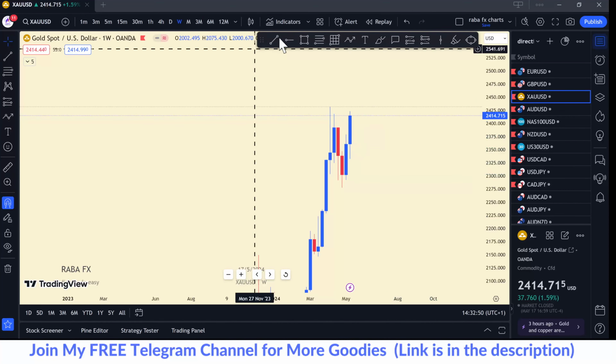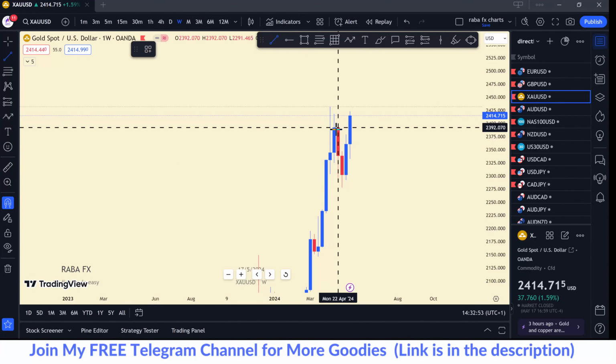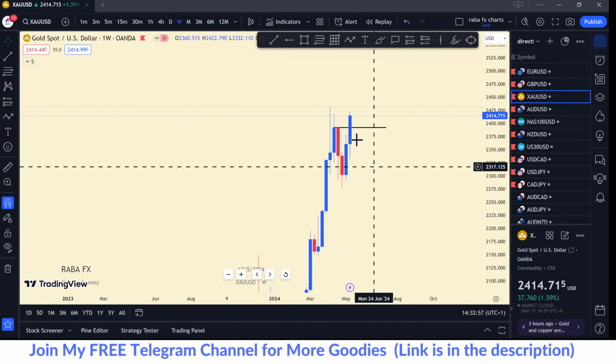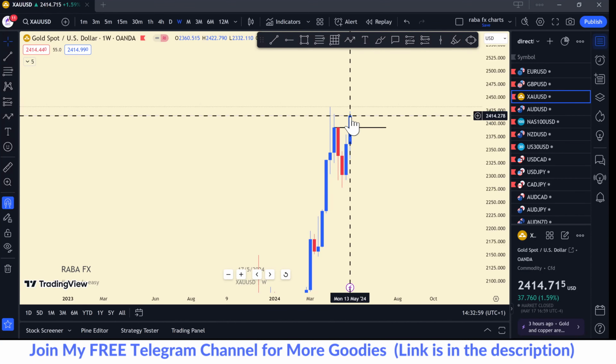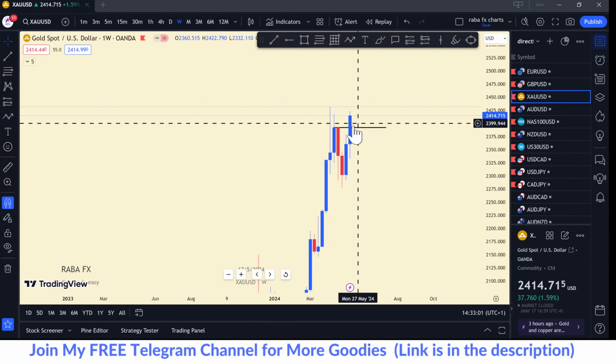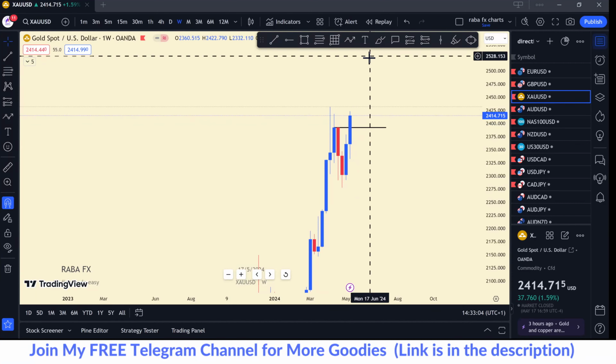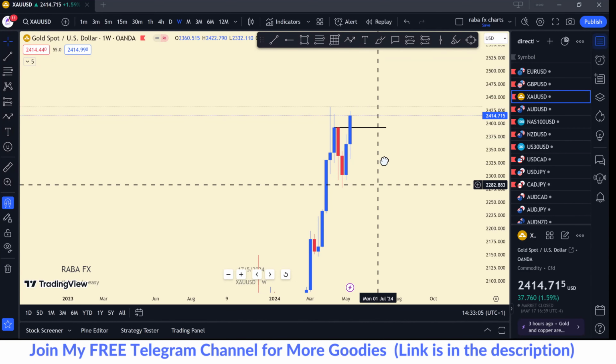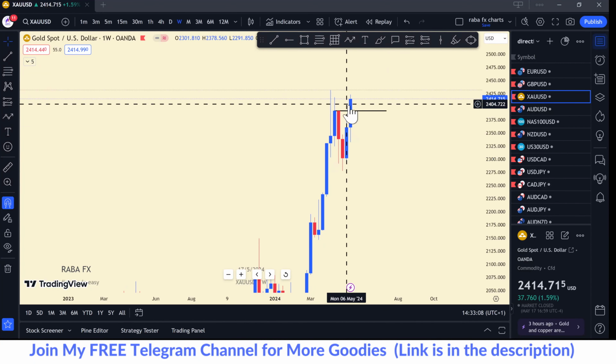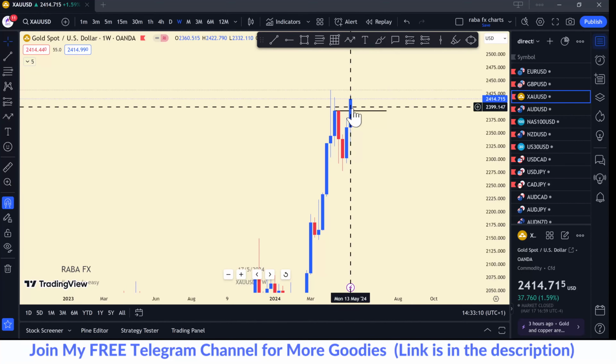Why? Because we have this fresh opening price. But what happened at the end of Friday? We closed above. So this is a strong indication that price wants to push higher. Okay. Now, for me to look for a sell is not that the market is bearish. There's something you need to know.